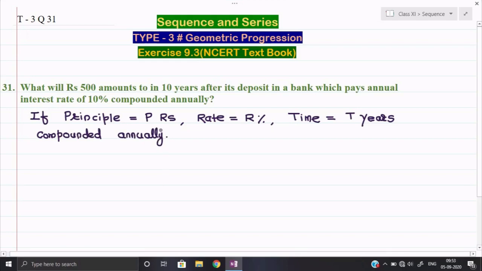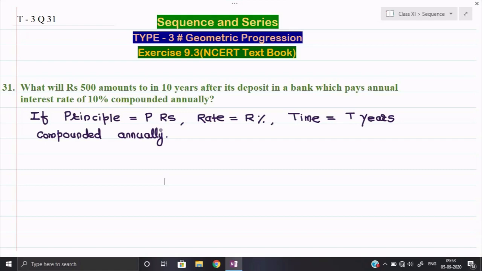So see, I will find out the interest one by one, for the first year, for the second year and third year, and I will add the principal each and every year. Remember, in compound interest the principal is updated each and every year, meaning the principal for the first year changes for the second year, it increases, and for the third year again it will change. So we shall find out the amount at the end of the first year, the amount at the end of the second year, and then we shall determine whether it is forming a GP or not.